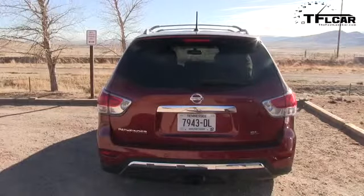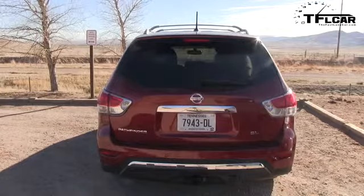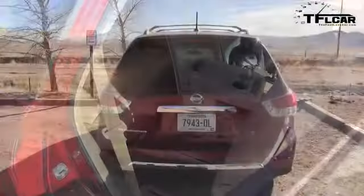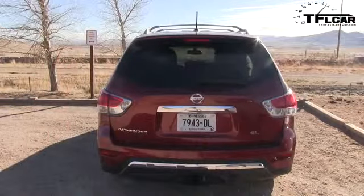All right, Nathan, would you agree with me that the Pathfinder is a little bit more civilized, and in that it also has a little bit more features? It's a little easier to get in the way back. It's just a little bit more thoughtfully designed car for 7 people. Yeah, I would say that this is much more of a family-friendly...